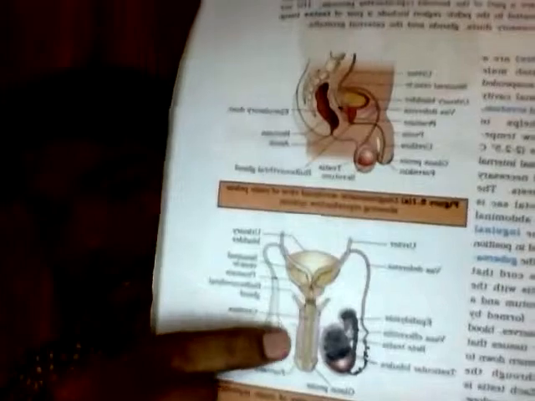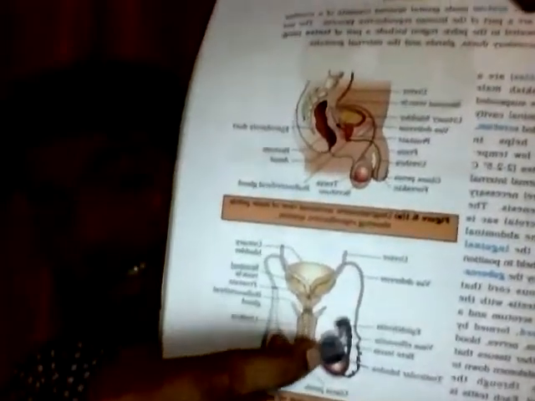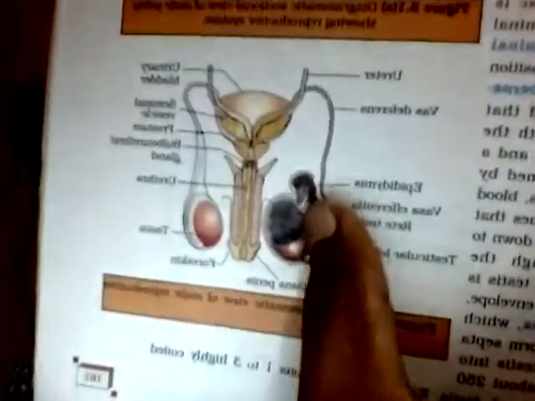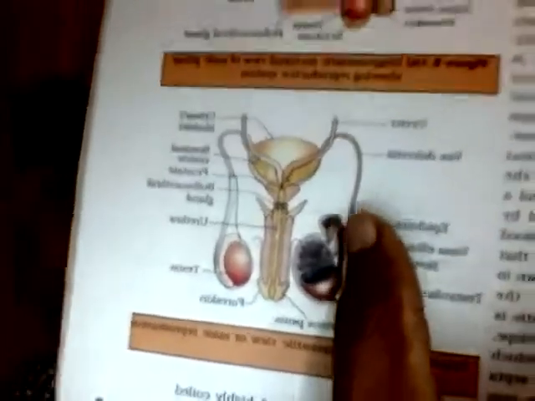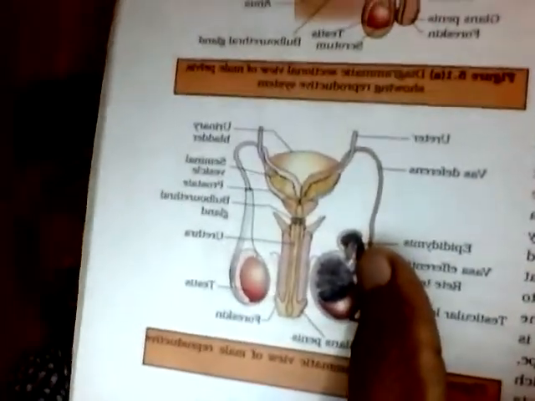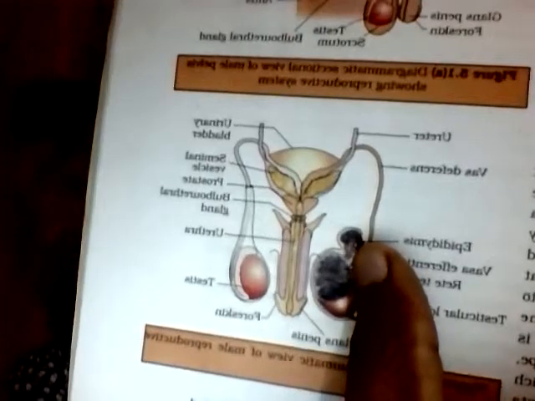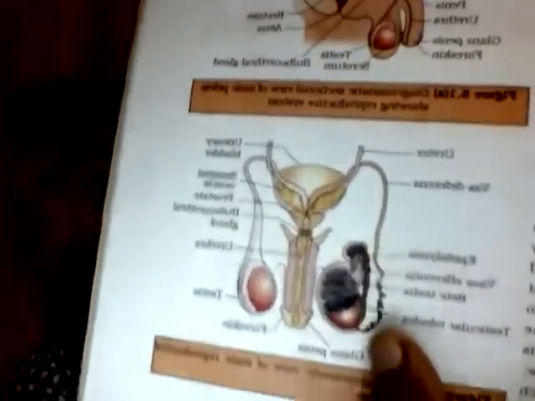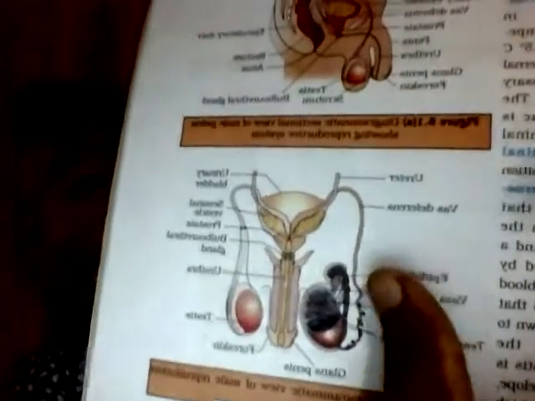If you look at it diagrammatically, I will show you the parts. And these are the testes, and the septa divide it into lobules, which contain the seminiferous tubules. And from the seminiferous tubules, we can observe the rete testis. These are the rete testis. From the rete testis, they open into the vasa efferentia, and these vasa efferentia will enter into the epididymis, and from the epididymis, the vas deferens arises, and